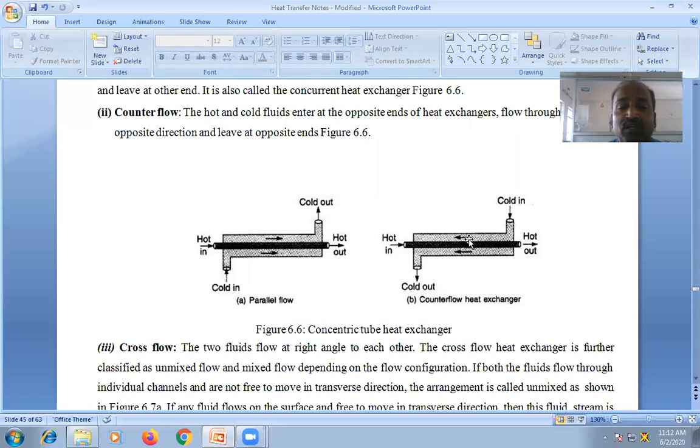If you compare parallel flow and counter flow, always the counter flow is superior to the parallel flow, because the cold fluid will encounter higher temperature of the hot fluid always in the heat exchanger. So here cold fluid is entering. This is the way of forward going towards the left, and hot fluid is going towards the right. You can see this is high temperature, this is low temperature. Hot fluid entry is high temperature, hot fluid outside is low temperature. So cold fluid always encounters the higher temperature of the hot fluid. So the heat transfer rate will be better. Because of this physical significance, if you compare parallel flow and counter flow, the counter flow is having superiority over the parallel flow.